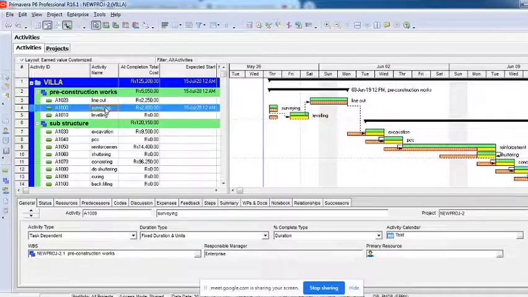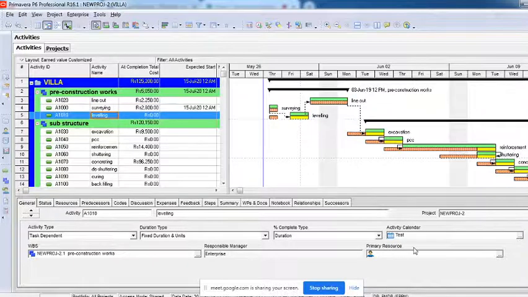But how about other activities? Now all the other activities are still using the test calendar. It can be possible that one particular activity is at night shift. Assume precasting of the work is happening, and the girders, we are talking about metro or some bridge construction, and it's exactly on the road. So we cannot do it in the daytime. There's a lot of traffic.